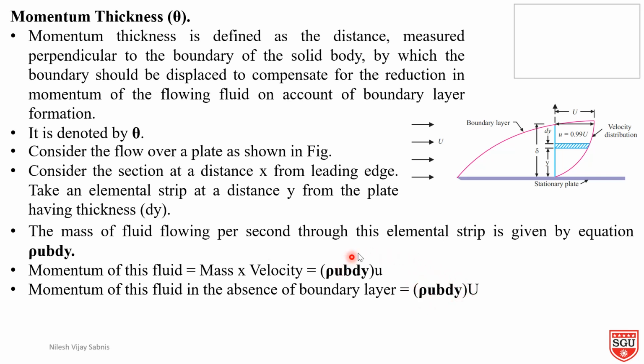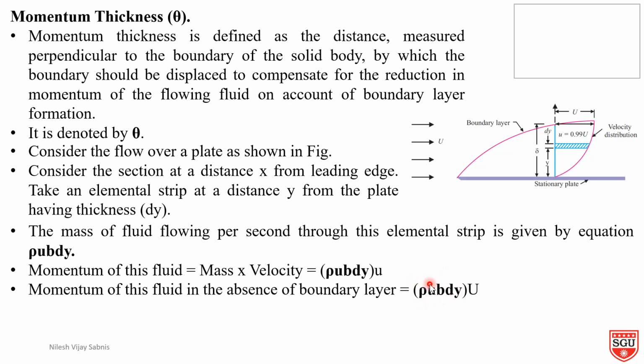Whatever mass is here, the same mass we have to consider here, and that mass is multiplied by capital U, which is nothing but the free stream velocity, which is the original velocity. If the plate were not there, everywhere this velocity would be present. Only in the flow there is this small strip present,